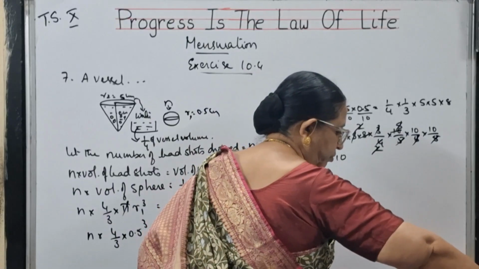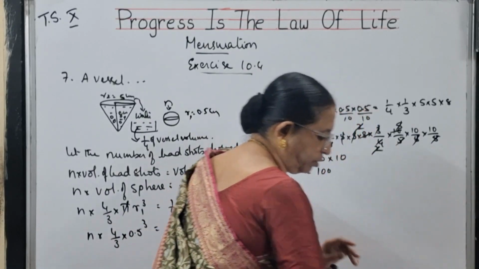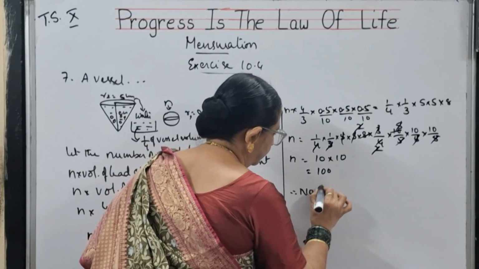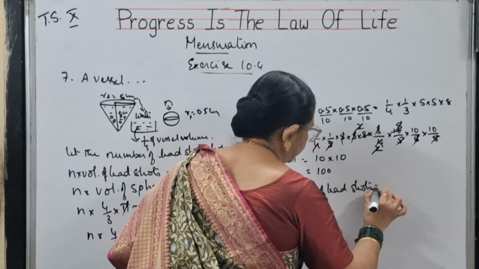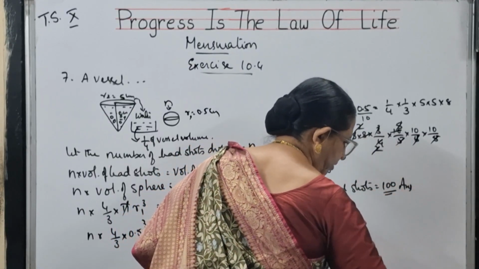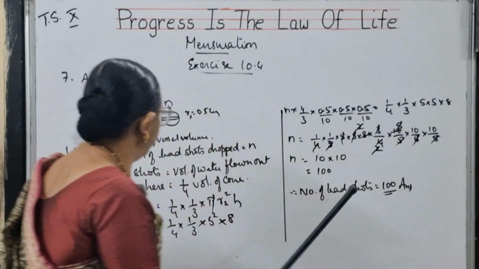So what is the question? The question is you need to find out the number of lead shots. Therefore, the number of lead shots is equal to 100. This is the answer, children. Please note it down. Once again, this is